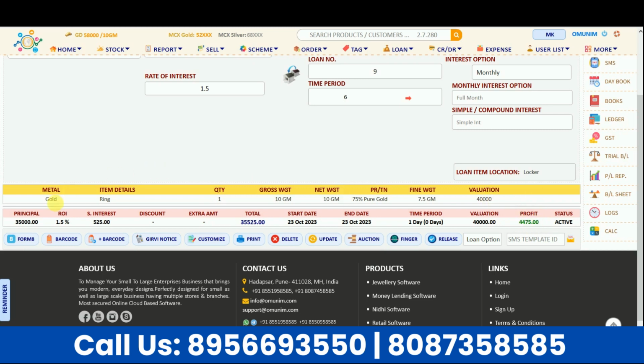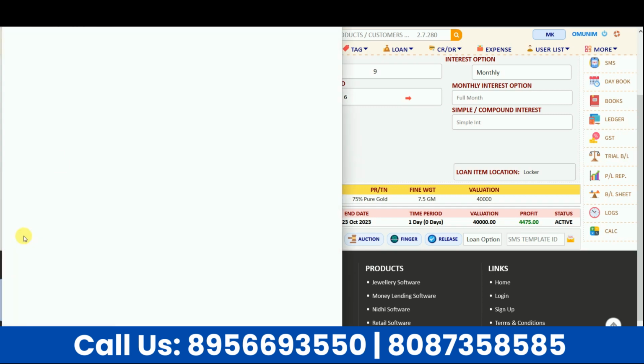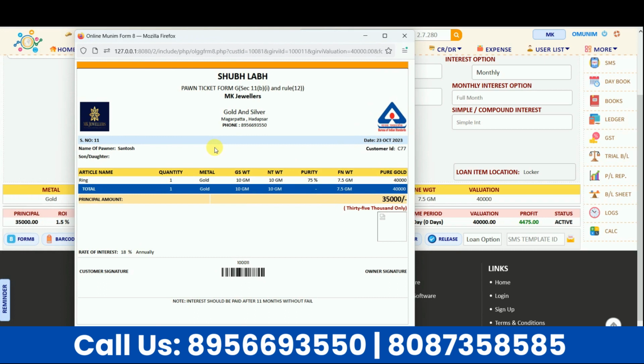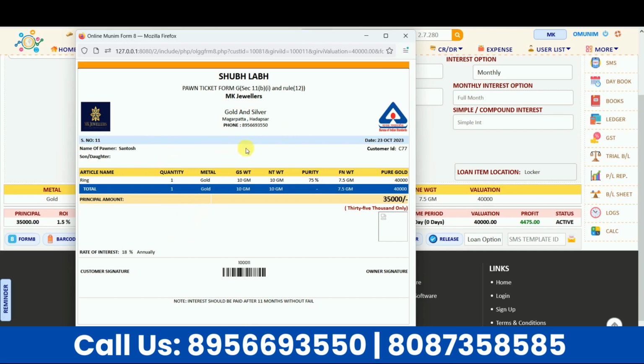Okay, as you add your loan, if you come down here, form number 8 is given. If you want to give a print to the customer regarding form number 8, like regarding this loan you have activated and you have kept this ornament with us, so this kind of form also you can provide to your customer. This is also fully customizable. If you want to add many details of the customer, photo of the customer, signature as well, that also you can do in this.